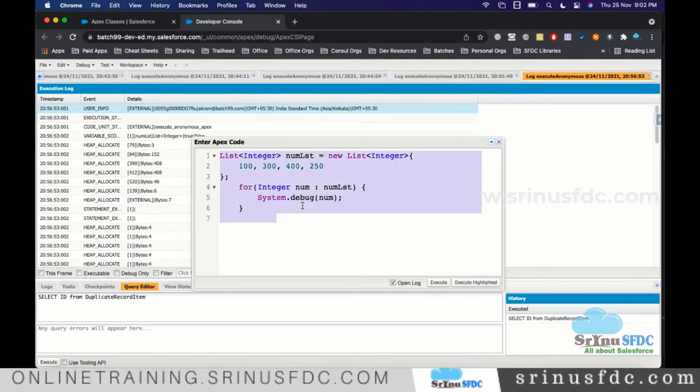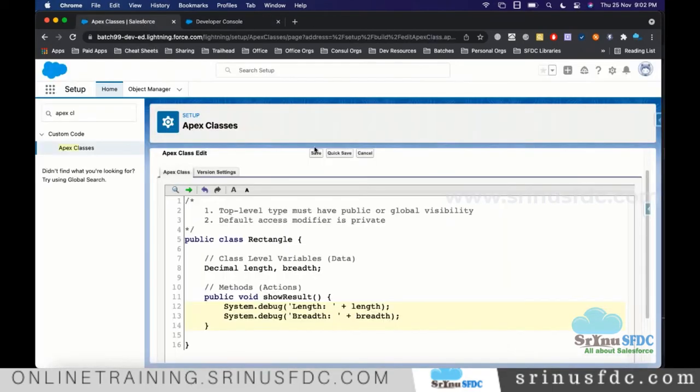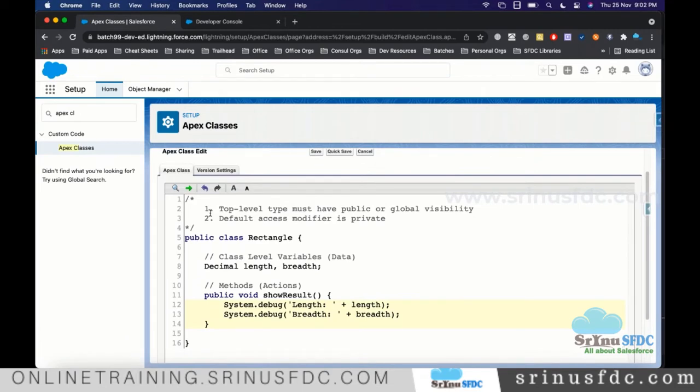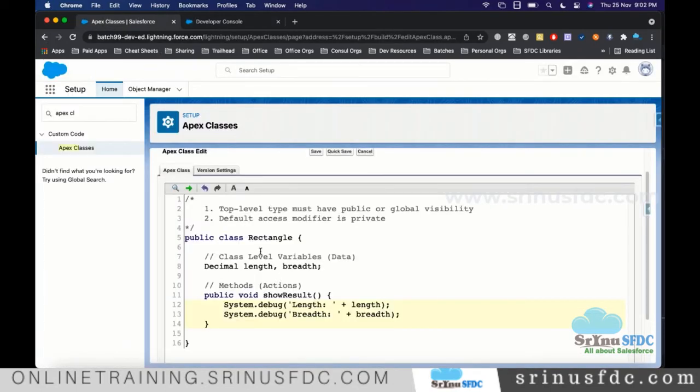So here we can call that class and execute. Okay, so just understand that. Now the thing is, how exactly do we call this class, how many ways can we call this class? One way is, as a developer, we open developer console and call from here and understand how this class is working.